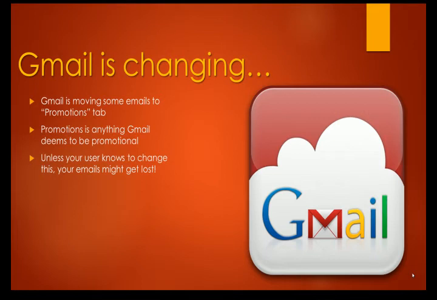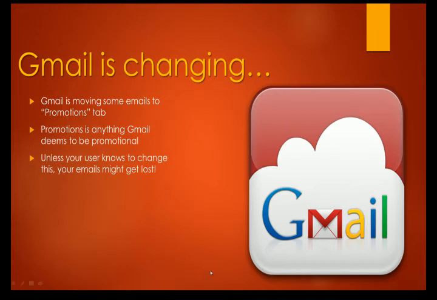If you have Gmail, you've already seen this and maybe wondered what to do with it. They now have three tabs. So there is the primary, social, and promotions. Promotions is pretty much anything that Gmail deems to be promotional. It may not even be promotional. I've seen some errors under the promotional tab. You probably have too. Unless your end user knows to change this, your emails could end up getting lost in